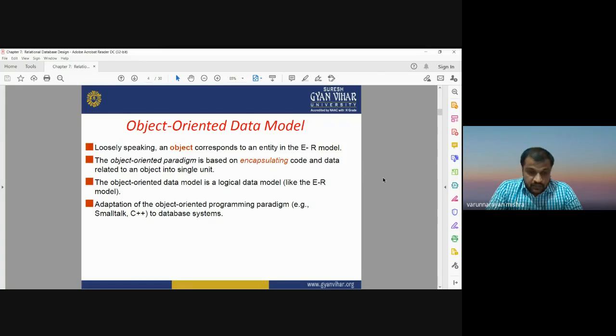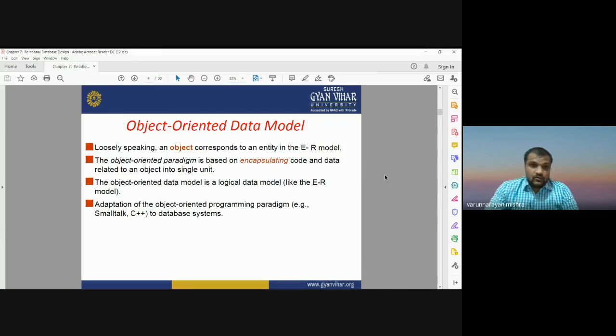If we are dealing with complex data types, if we have complex data sets, and if you want to work on an object oriented data model to store that complex data type, we need to apply the C++ programming language. So in simple words, we can say that the object oriented data model deals with an object. That object may be any entity of the real world, whatever you can observe in the real world. So for storing the data of such objects, we need to apply the object oriented data model.